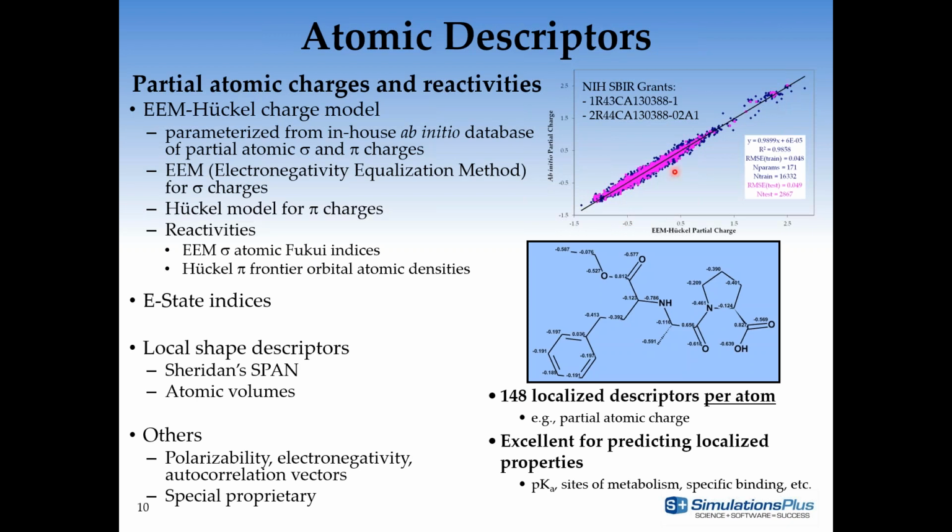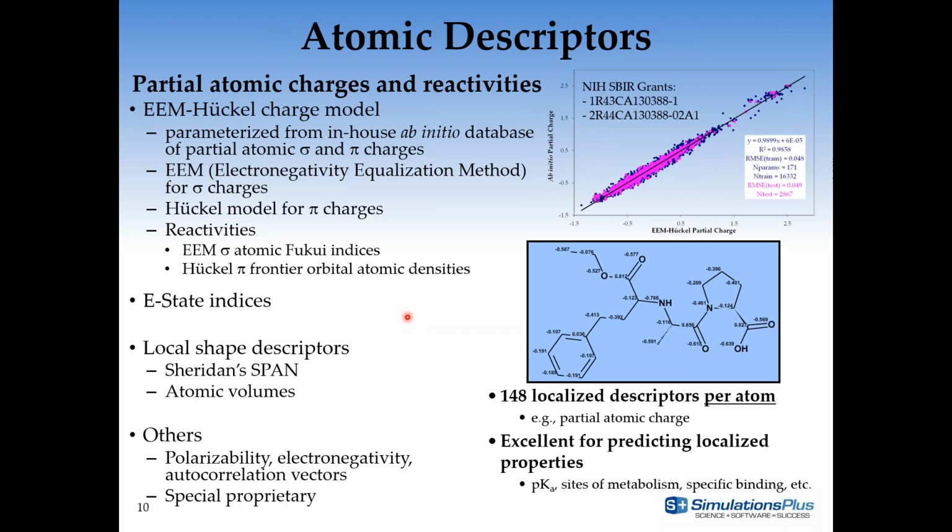This graph shows the result of that work. So the x-axis is the estimated charge using this empirical approach, and the y-axis are the actual quantum level partial atomic charges. So you see a very close fit here. I don't see how many charges are here, but there's many thousand, obviously. Using these estimates of the charges then, we've developed a number of proprietary atomic descriptors that we can then